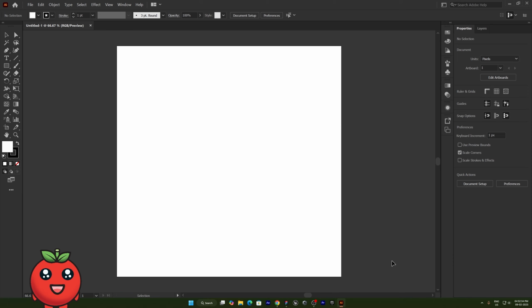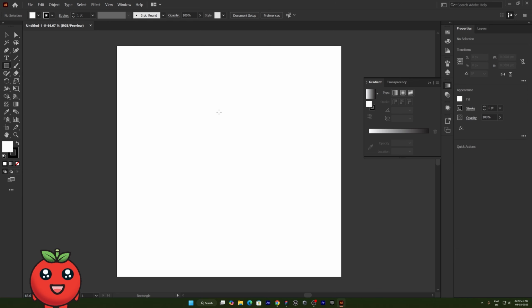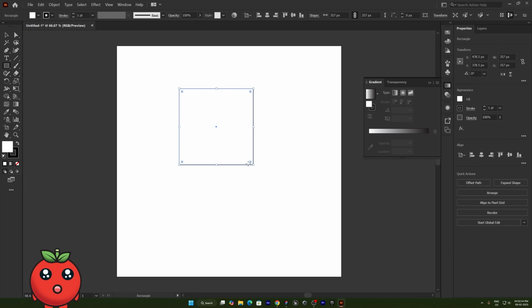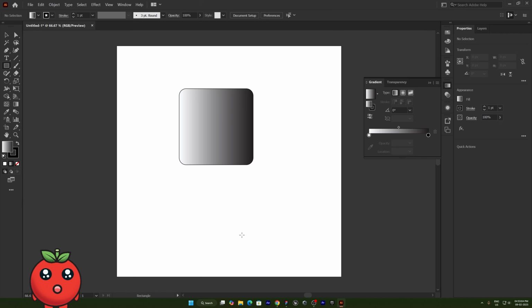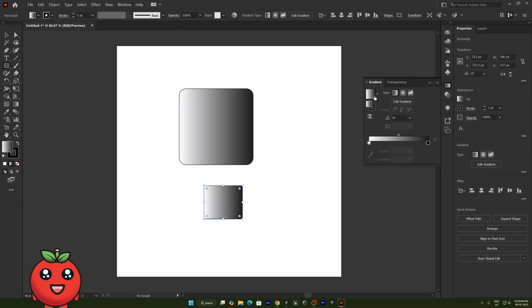So welcome back to the magical world of Illustrator, and here we can see our gradient panel. We have talked about the gradient panel a bit, but I'll be talking about a few more things about it, and these are very essential for us and we will be using them very much. As you can see, we can apply a gradient by just creating a shape, and then we can select the gradient here like this or anything we want, or we can customize our gradient